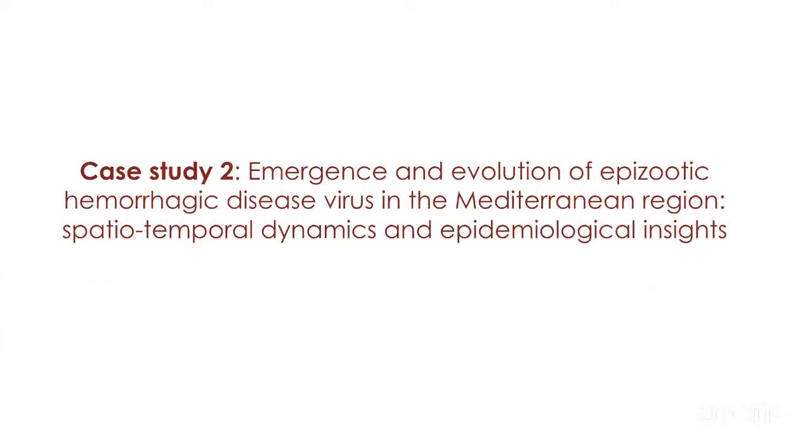case study, which is the emergence and the evolution of epizootic hemorrhagic disease. This disease is quite near the same. The virus shares many things with the BTV virus, as they have the same panel of hosts, and both of them are transmitted by the same Culicoides. So the vector is the same and the hosts are the same. So our aim here is to reveal what the evolution patterns of the hemorrhagic disease virus are in the Mediterranean